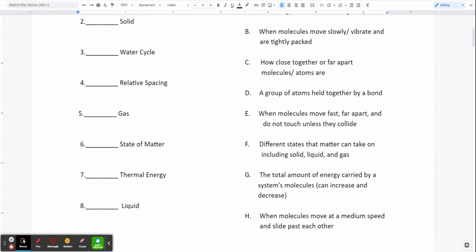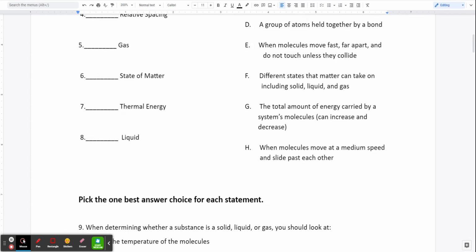D, a group of atoms held together by a bond. E, when molecules move fast, far apart, and do not touch unless they collide. F,